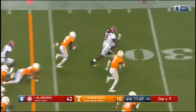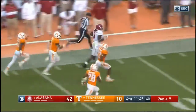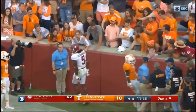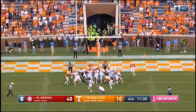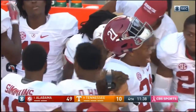Here we go. Big Bo Scarborough. Here we go. They've got an angle on him. Can he keep going? Wow. Yes, he can. Defender pulled up lame. Micah Abernathy. He was actually, it probably has Alabama A on his glove, and he probably was putting the...